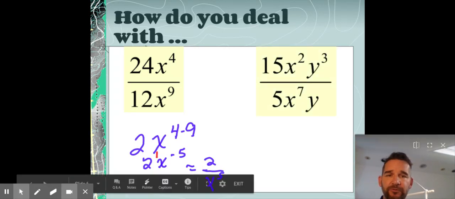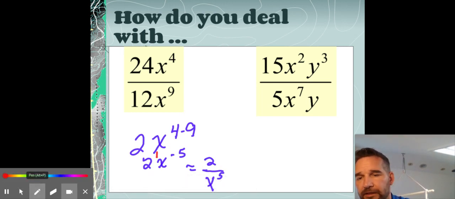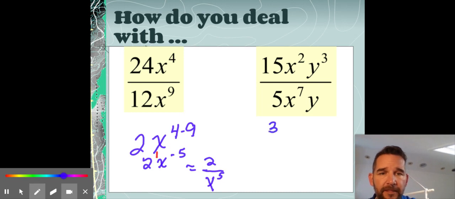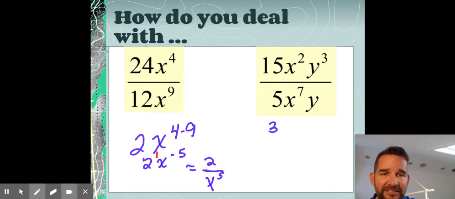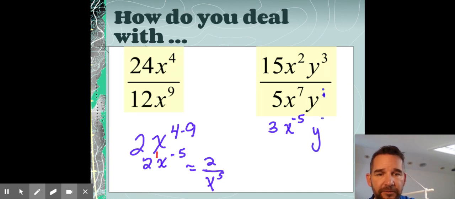Okay, this last one, another division problem. Let's do our coefficients. 15 divided by 5 is 3. x squared divided by x to the 7th is 2 minus 7, which again is negative 5. And y to the 3 minus, if you need to, that's a 1 there. So 3 minus 1 is 2. Now there's a negative exponent in the problem. So we must